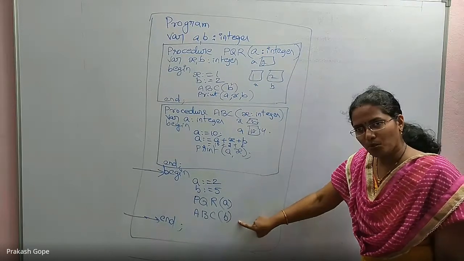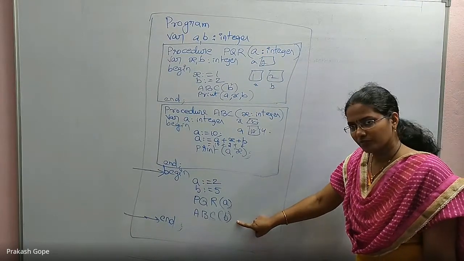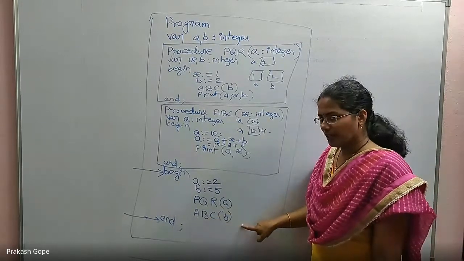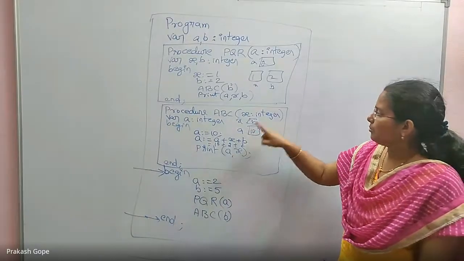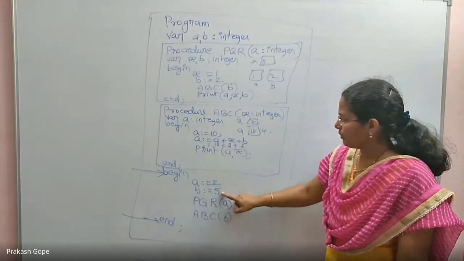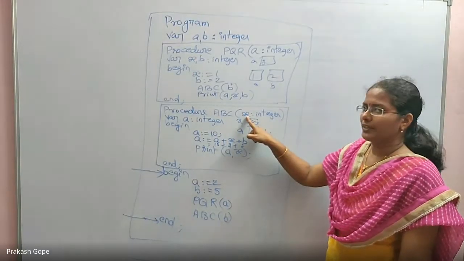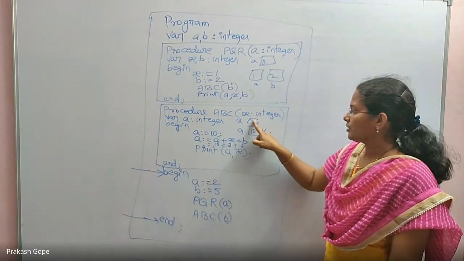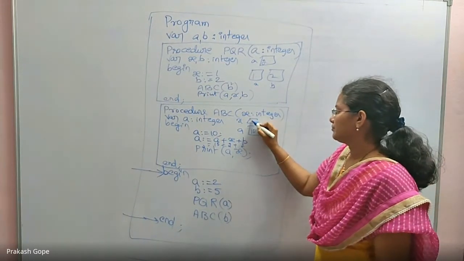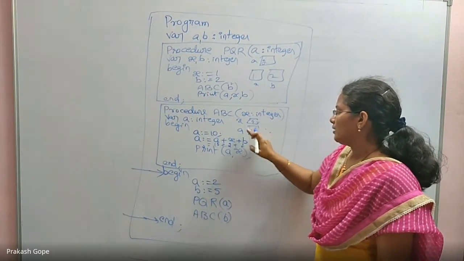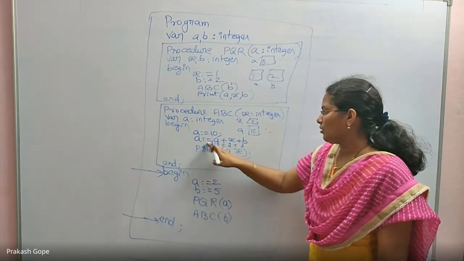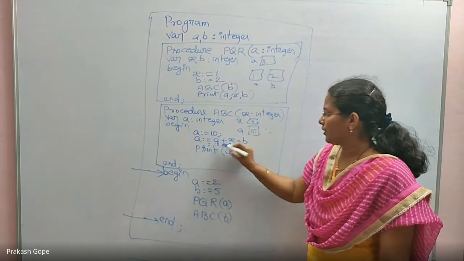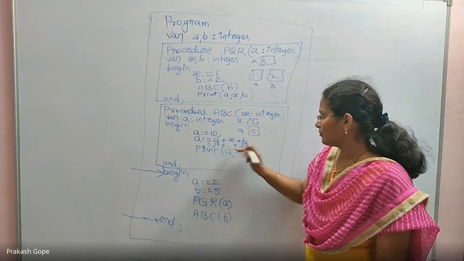This is also finished. I will go to its calling environment. But I have one more call, right? The ABC call is there. I just executed one. Now with this one, I will jump to ABC with the B value. B value is 5, which is copied to X. So X value will be 5 now. Then A is a locally declared variable, initialized to 10. Now the same line, A value is 50, X value is 5.